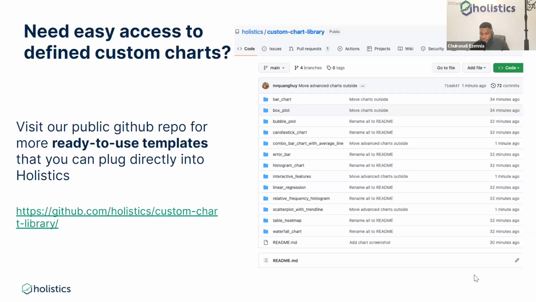So I know a lot of people will be asking, for those who probably do not want to go through building most of these charts themselves, we've taken out the time to contribute to our public repo. So you can go into all of these folders here and just literally copy and paste into your definition template, including fields, options, and templates that's already been packaged together. You can paste it in and you have your charts defined.